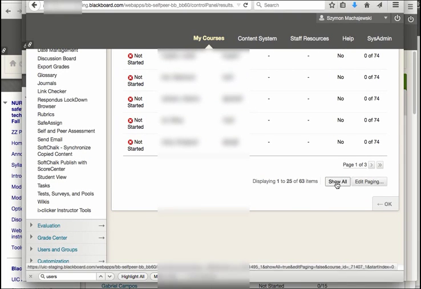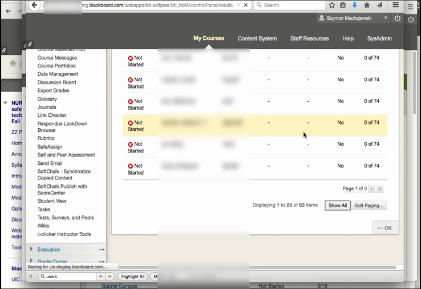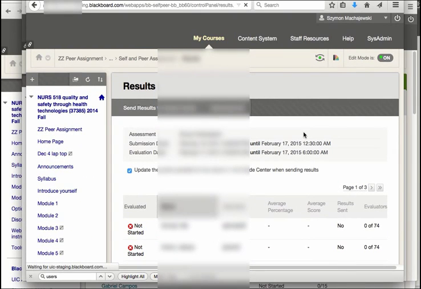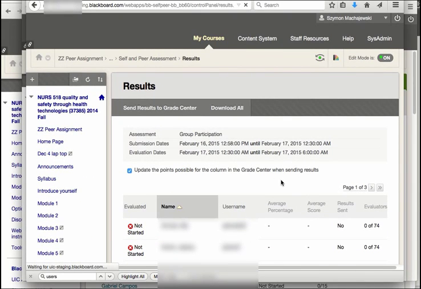Now most of the students here did not complete the evaluations. There are only 3 students who did, so in a moment we're going to preview them. Notice that we can download all the submissions, and to complete phase 3 we would send results to